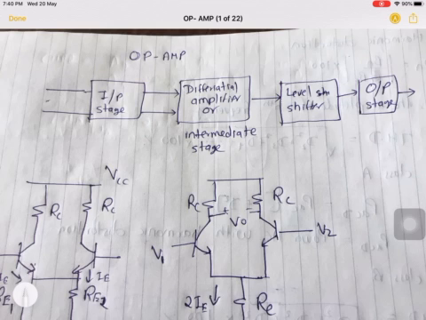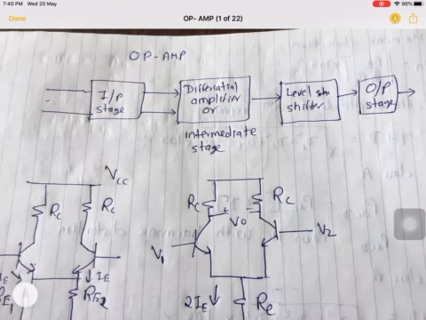Now in the second stage, that is differential amplifier, this stage can be a single unit or multiple units depending upon the requirement of the gain. It means we have one differential amplifier here. If required, we can add one more differential amplifier, then one more. So there can be nth number of differential amplifiers used in an op-amp, but all are of the same type. So I am representing all differential amplifiers in a single block.